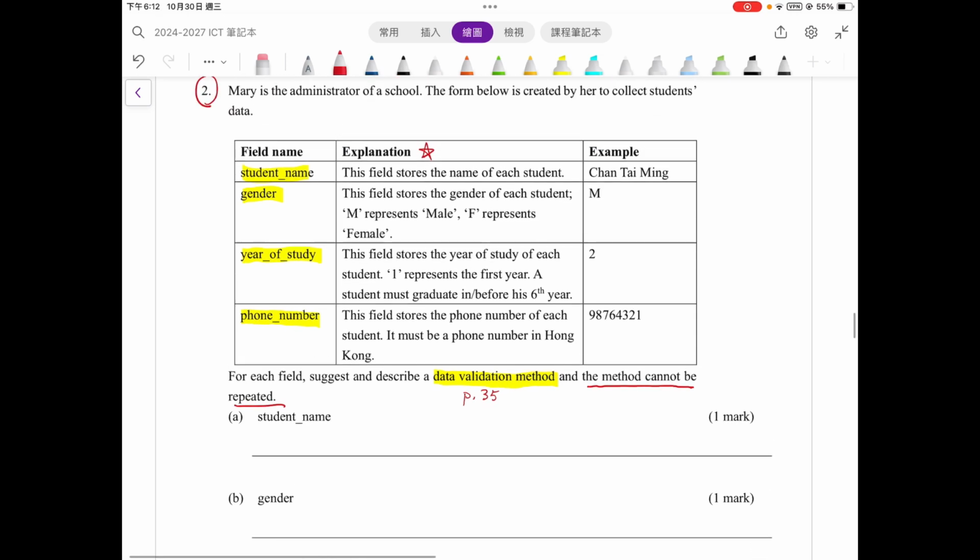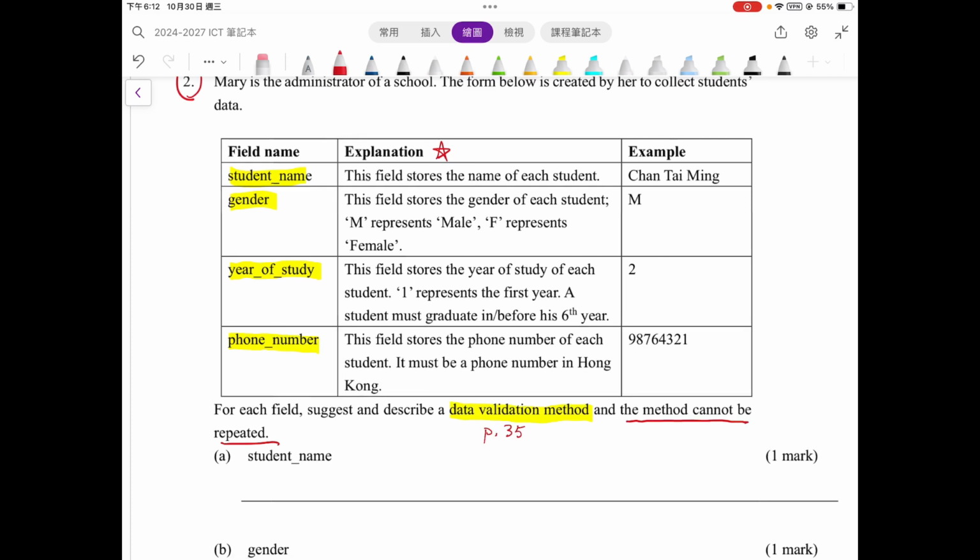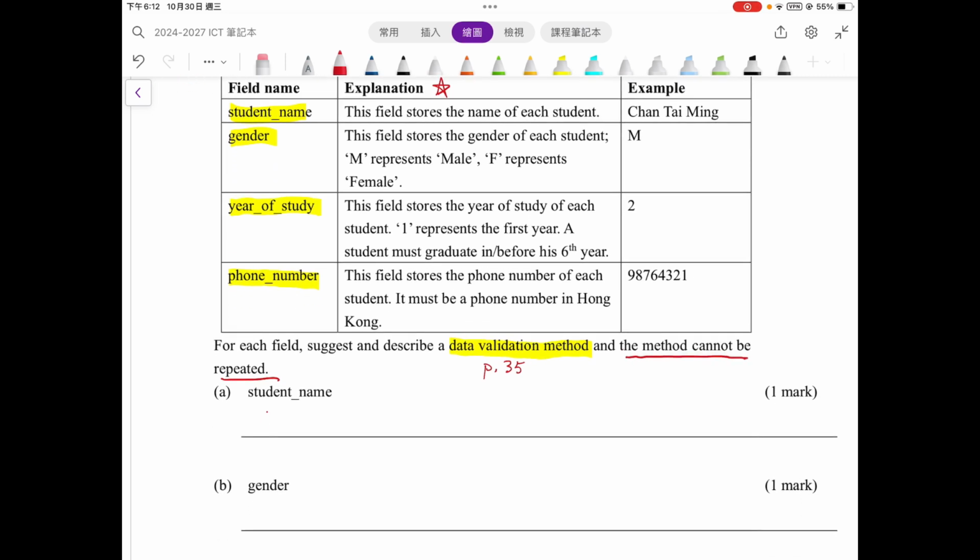The first one, student name. You can refer to the explanation. For student name, it says, this field stores the name of each student. In this case, they didn't give you a very strict requirement for this field, something like you must do this or you must not do this, right? So in this case, you can just say anything by common sense. For example, you can say for this field, we do not want to miss out the student name in our form. So in this case, you can refer to the presence check,